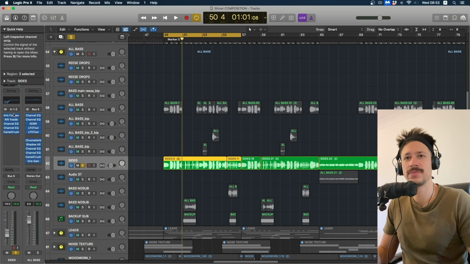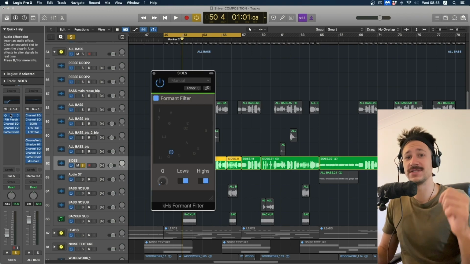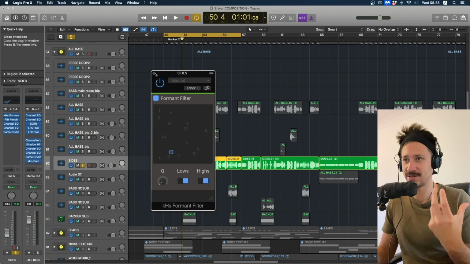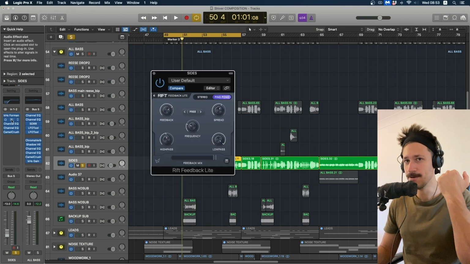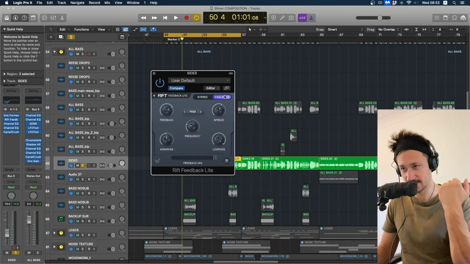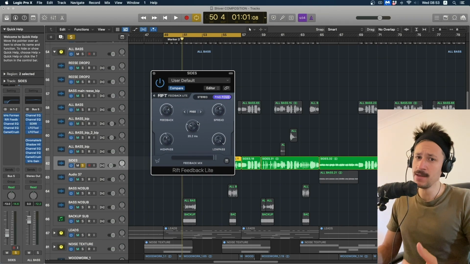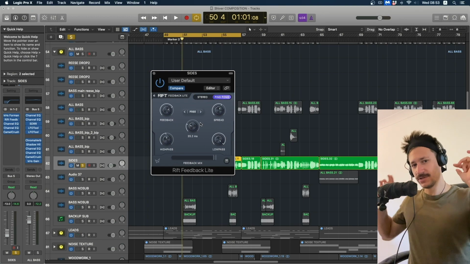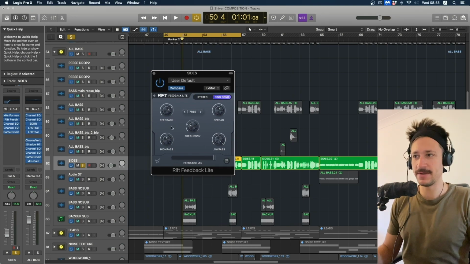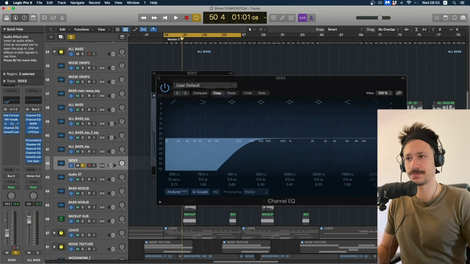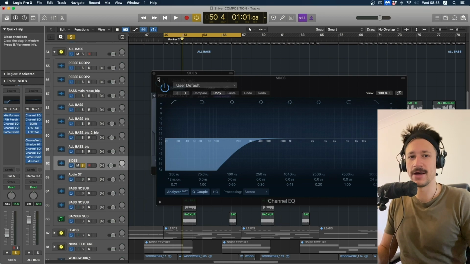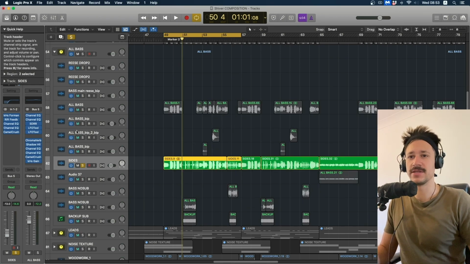So on this one, I put on a formant filter to give the harmonics some difference so that they don't phase too much. And then I put a feedback delay on, so it's a delay at 100% mix with a ping pong mode. Really short, like 35 milliseconds. So you've got this really quick ping pong delay happening. And then just taking out the low end with an EQ. And then it's like this